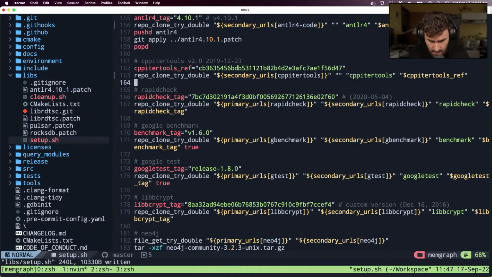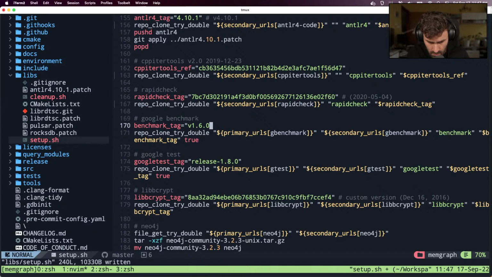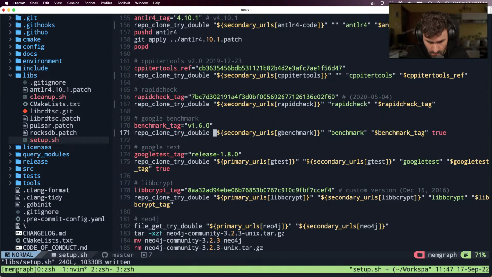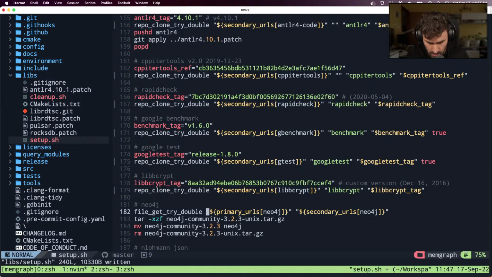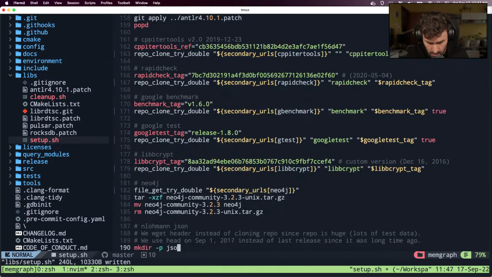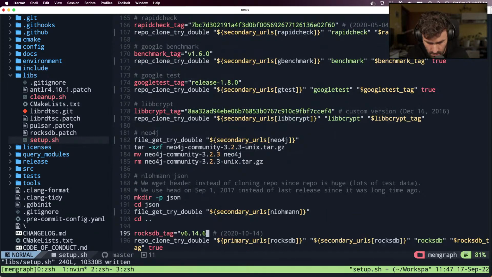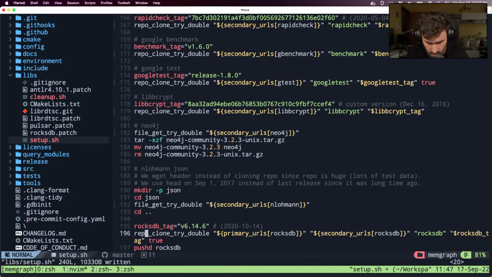This is now a quick fix, just to ignore these problems, just not to check that. Let's just delete all these primary URLs because that will all fail. We'll just provide